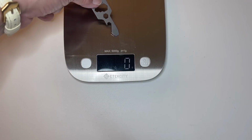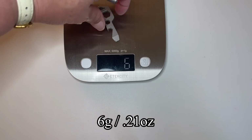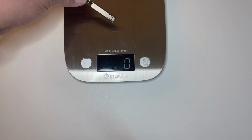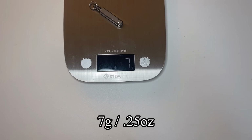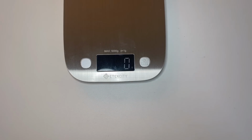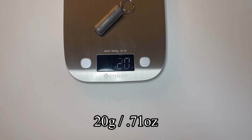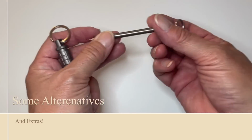My little multi-tool, 6 grams. My little light, 8 grams, 7 grams. And my pill container with my pills in it, 20 grams. For those of you who think that this bolt action pen is just too small for you to